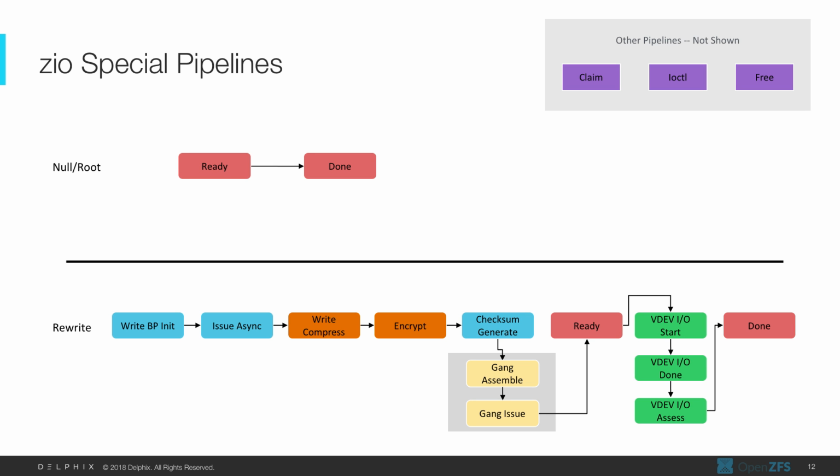And then I mentioned there's a couple other special pipelines. There's the null or root, which is the simplest of all pipelines, and it just simply has two stages. It has the ready and done stages, which we refer to as the interlock. The idea behind these is that they create a container for you. So you can imagine that if you're trying to do a bunch of work, but you want to be able to kind of wrap all that work around some kind of root, you would issue your IOs, make your root